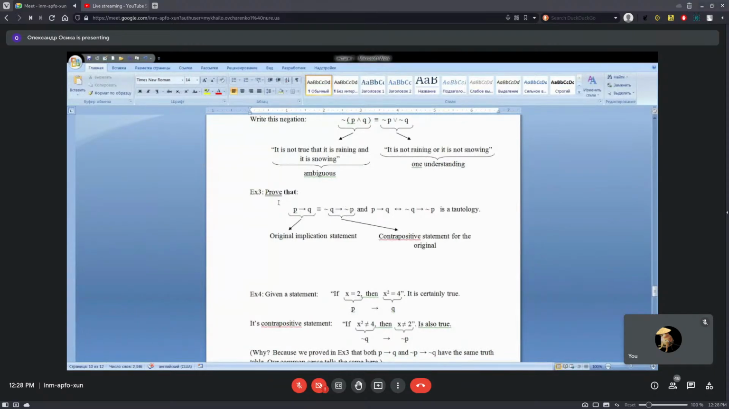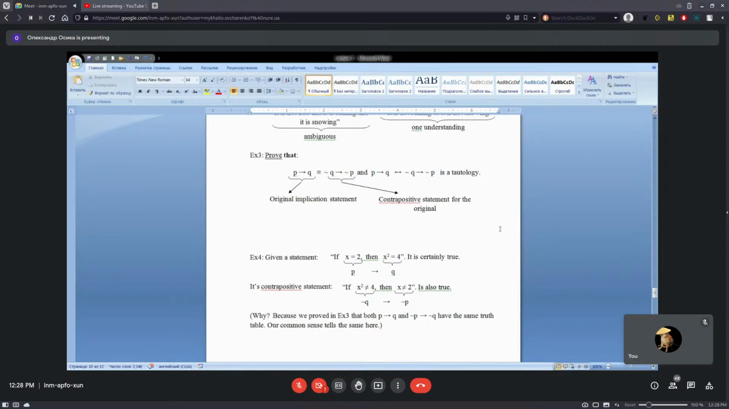Okay. Prove that these two formulas are equivalent. And this formula, P implies Q if and only if not Q implies not P, is a tautology. So, two things to prove: equivalence and here tautology. How can we prove it? Of course, by making truth tables. And yes, we'll see. Just you have to remember, if somebody just says,